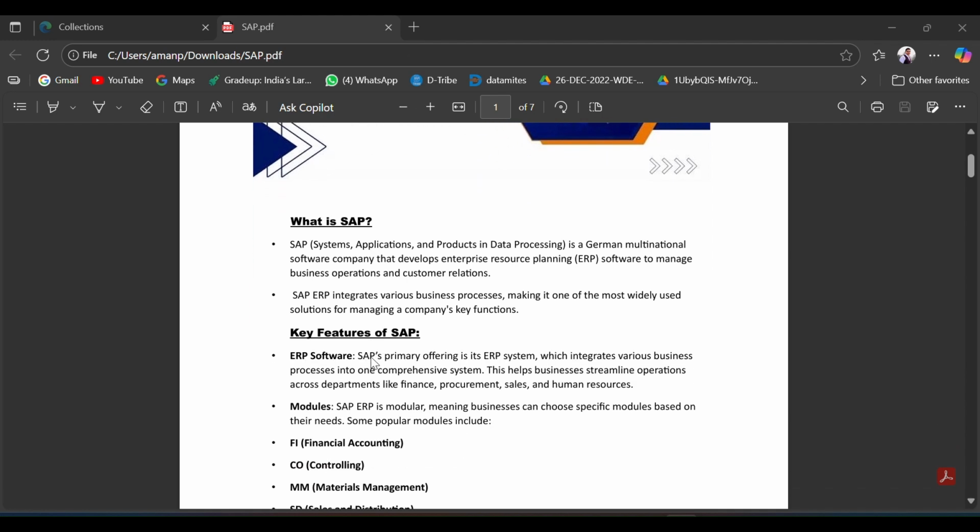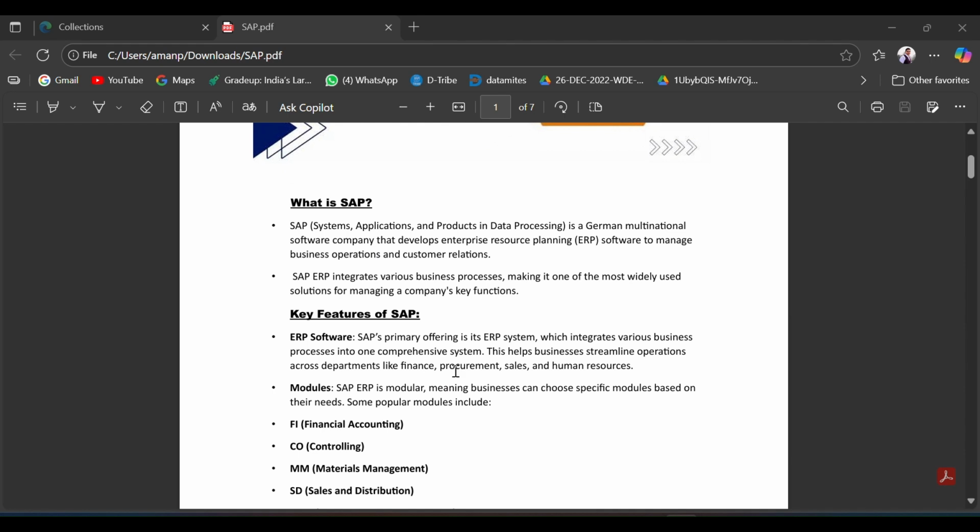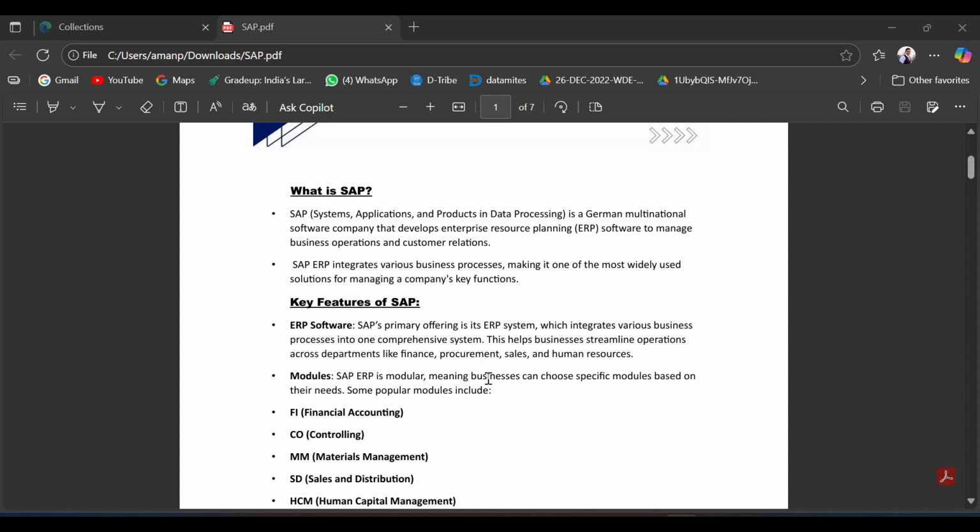So the key features of SAP are ERP software and modules. Now I am going to tell you why companies use SAP. In most companies, different departments work with different tools, which can cause confusion and data errors.